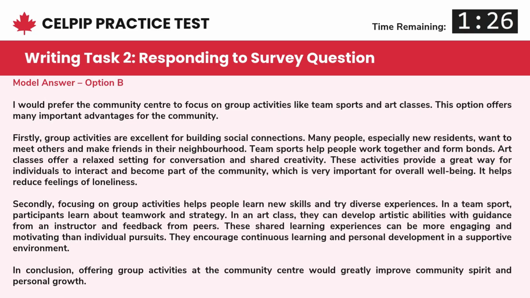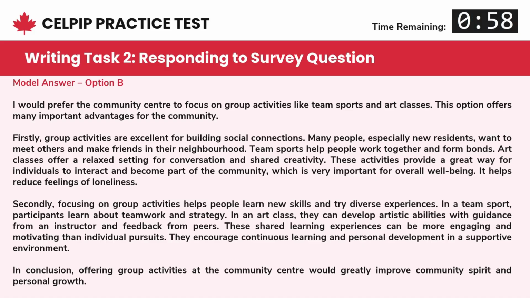This response is a strong example for CELPIP Writing Task 2. You can pause the video here to read the complete answer before we discuss it. The writer clearly chooses group activities and supports this choice with 2 distinct reasons. The answer highlights how group activities are excellent for building social connections and how they help people learn new skills and try diverse experiences. The answer is very well organized, starting with a clear statement of choice, followed by 2